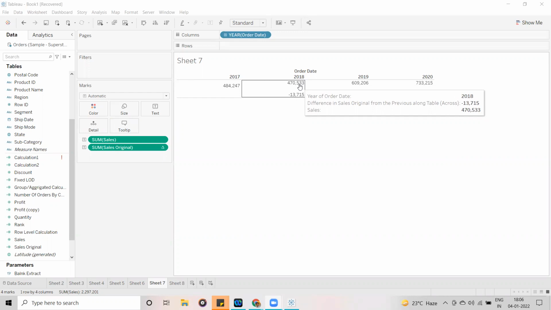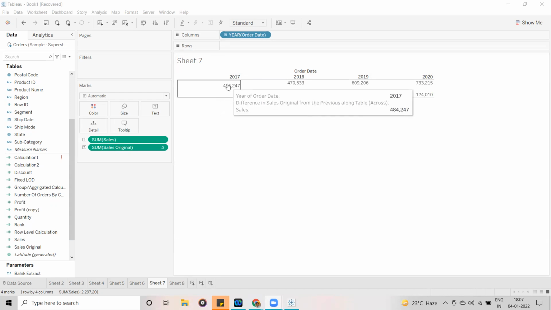Now the customer wants to find the difference with respect to the starting year. For example, he wants to compare 2018 minus 2017, 2019 minus 2017, and 2020 minus 2017. Always he wants to find the difference with the initial year, or initial month, or initial date in the month. Now how are you going to find that? In these cases, we use the relative to option. Now let's click on this drop down.